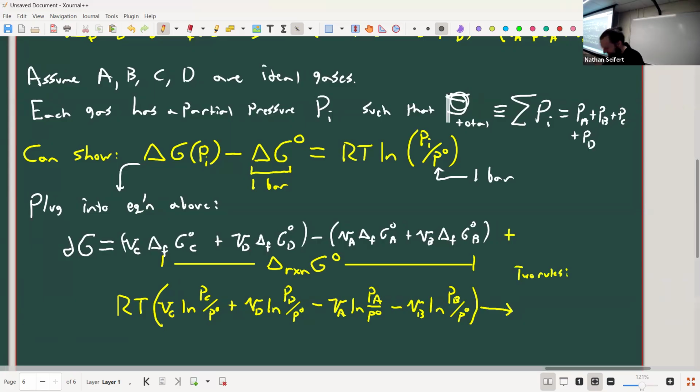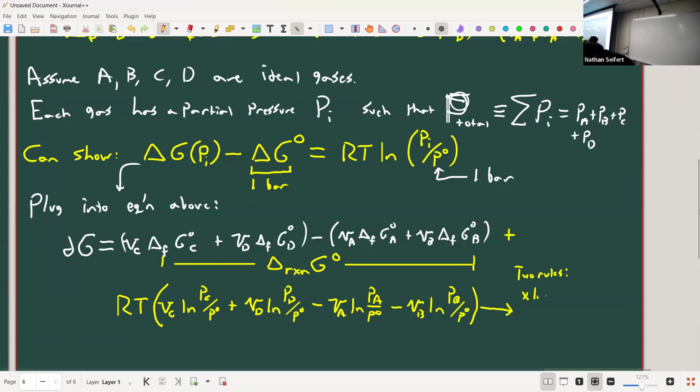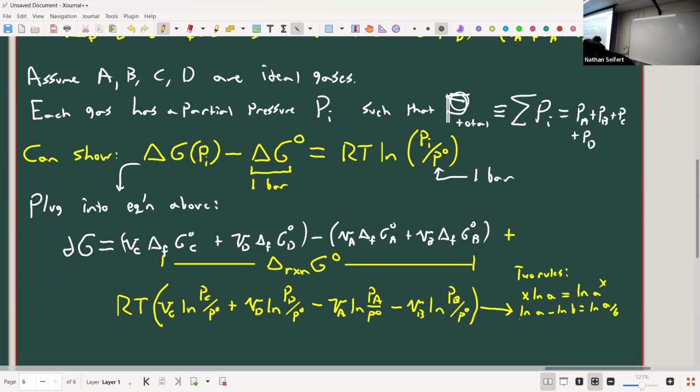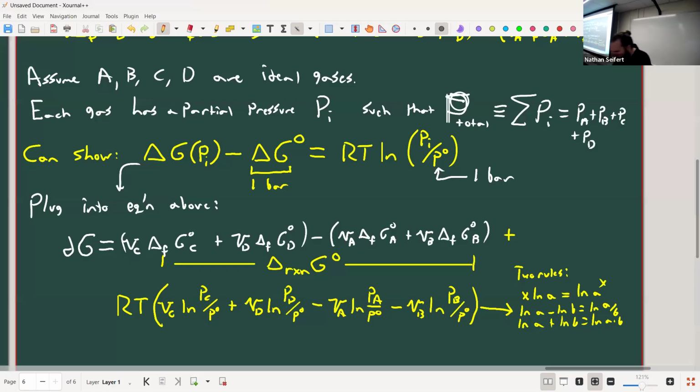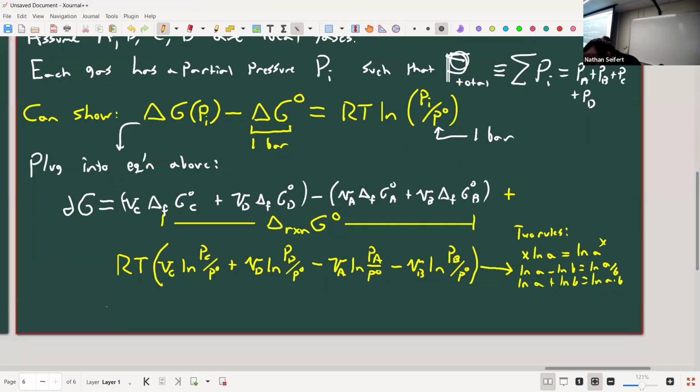Yes, you got it. That just to get to K. x ln A is equal to ln of A to the x, and ln of A minus ln of B is equal to the ln of A over B, and the ln of A plus the ln of B is equal to the ln of A times B, right? You've used these before. If you use all of these, this final equation becomes RT times the log